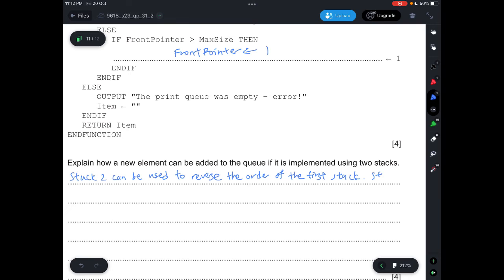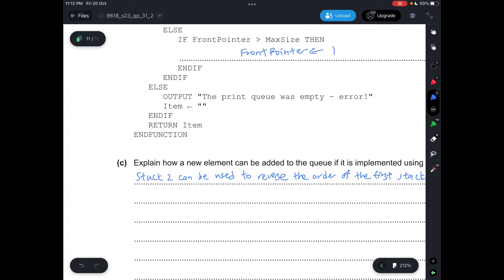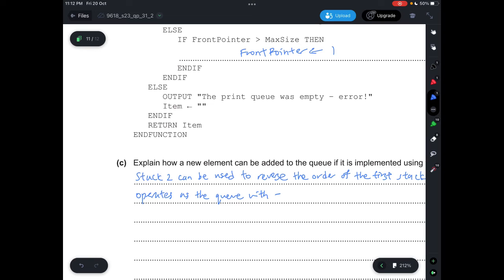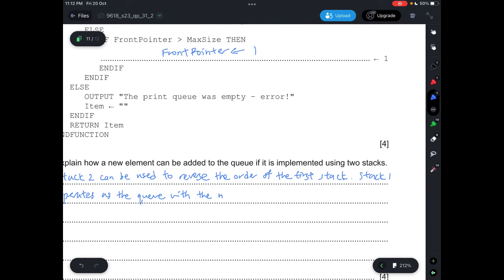And then here you can say stack 1 operates as the queue with the newest elements at the bottom, to add an element,